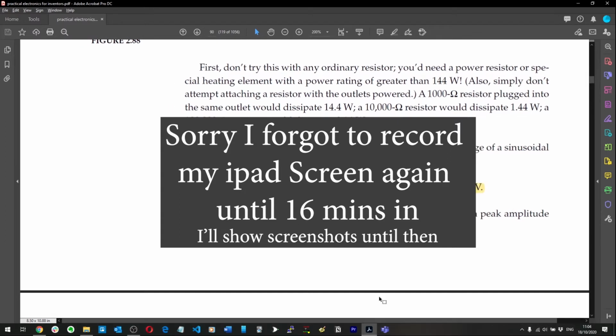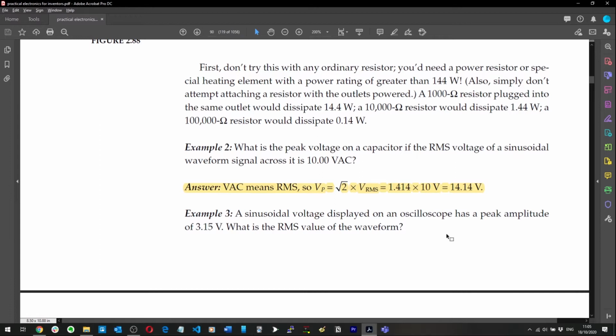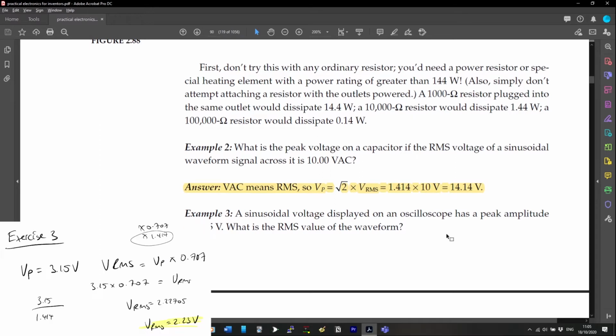The sinusoidal voltage displayed on an oscilloscope has a peak amplitude of 3.15 volts. What is the RMS value of the waveform? Okay, so we've got a sine voltage displayed on an oscilloscope, that's irrelevant. So it's got a peak amplitude. So the peak voltage, V peak, is equal to 3.15 volts. We know to get the RMS, we just do voltage RMS is equal to voltage peak times